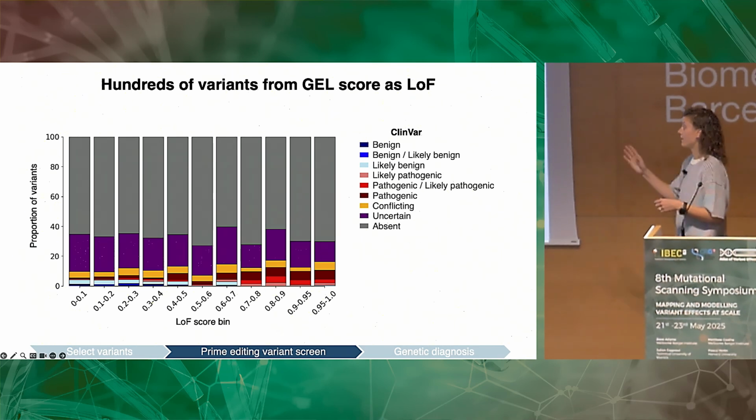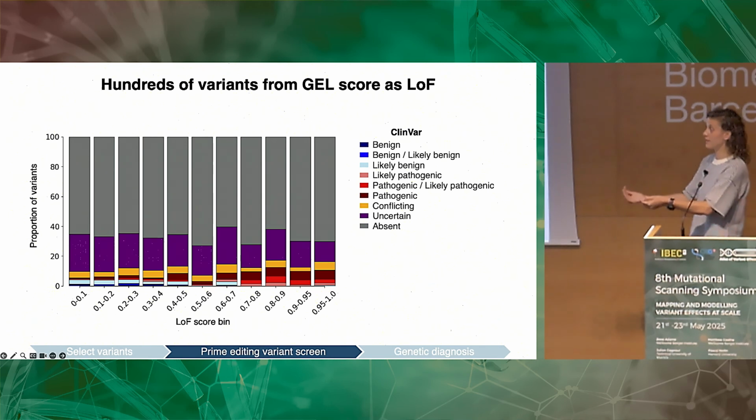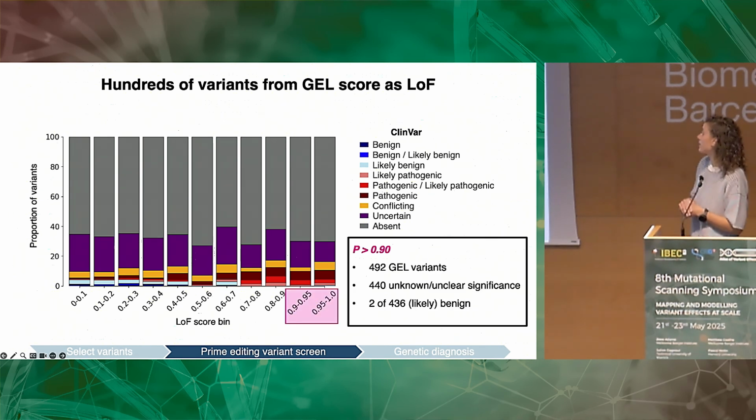But we can appreciate that the predicted probability to be loss of function in our assay is higher for all the pathogenic and likely pathogenic variants in ClinVar, and the benign and likely benign variants tend to be in the lower bins. If we zoom into the two top bins, we have 492 Genomics England variants, 440 have unknown or unclear significance in ClinVar, and from all 436 likely benign variants in ClinVar, we have 2 that are within this top bin, so potentially